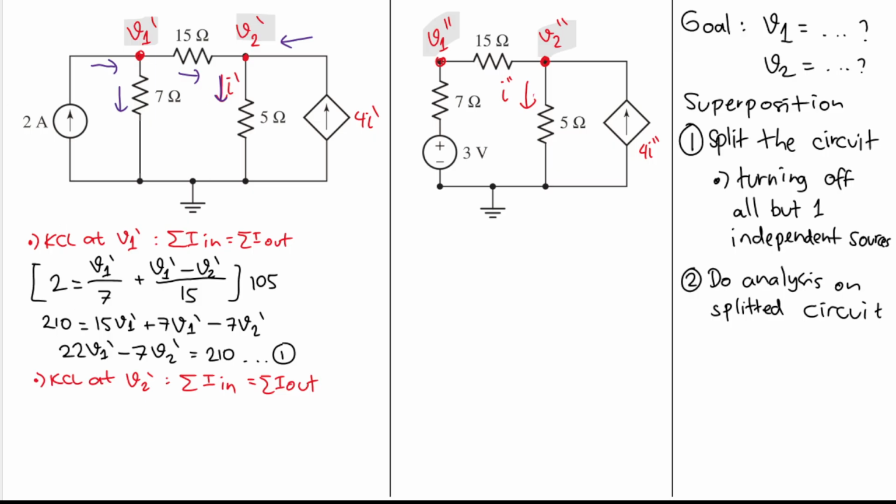So we will have V1 prime, and then we will have minus V2 prime divided by 15. Okay, and then this also goes in, and that will be for I prime, right? So we will have plus 4 I prime, but what is I prime? I prime is this one here, so we will have V2 prime divided by 5. Good, and that will equal to this current here, and that current is V2 prime